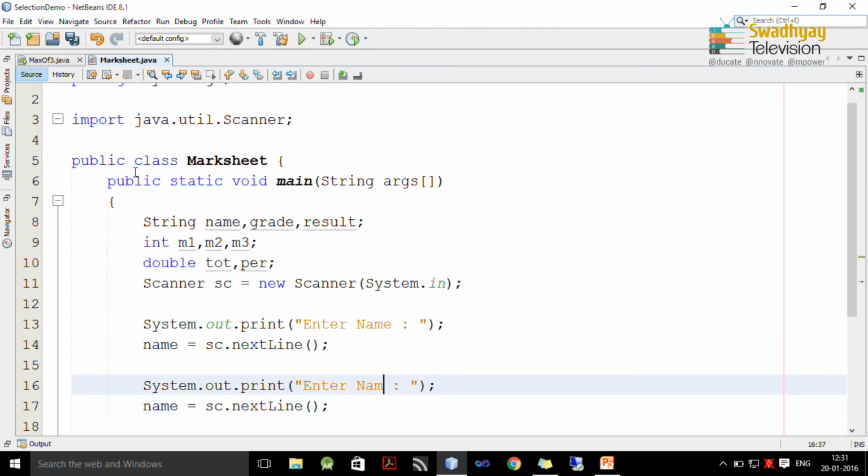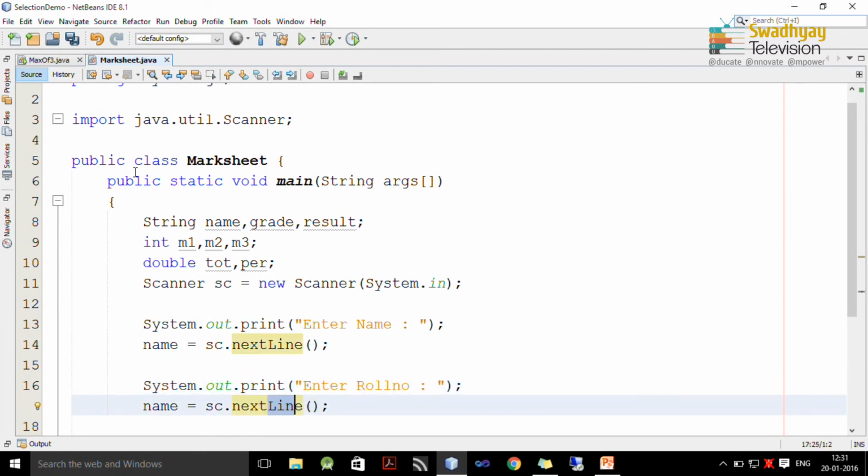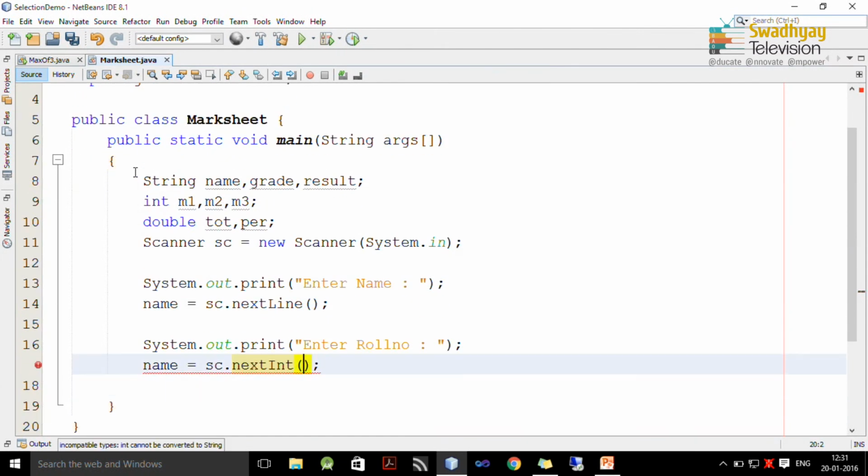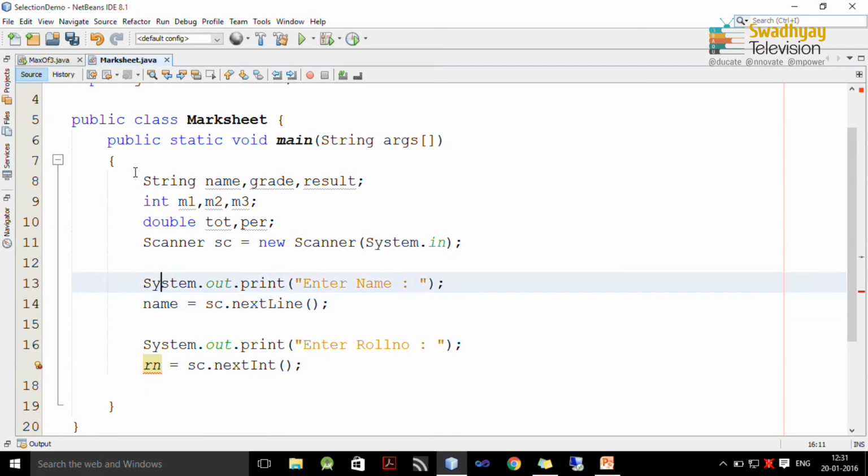So, here I write down roll number and remember roll number is of type integer. So, instead of next line we have to use next integer and the name of variable in which we are going to store this value is Rn and Rn is not declared. So, I am going to declare Rn over here.